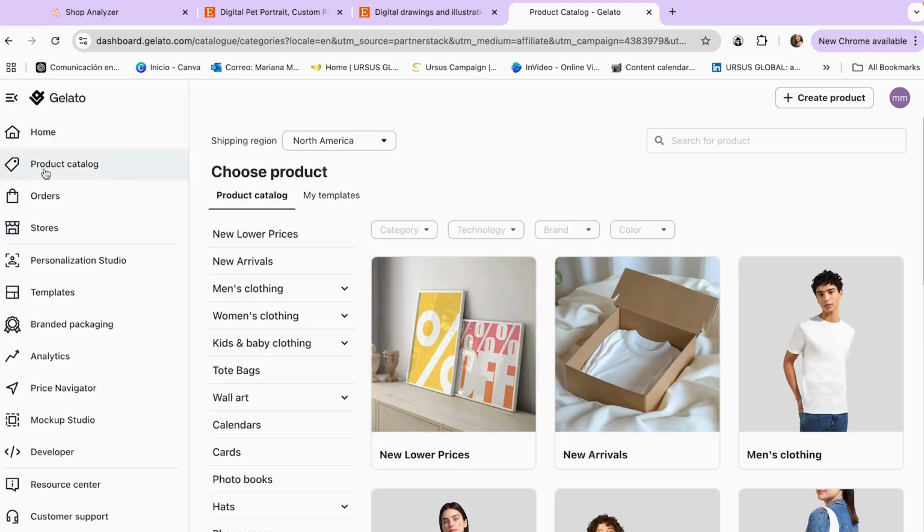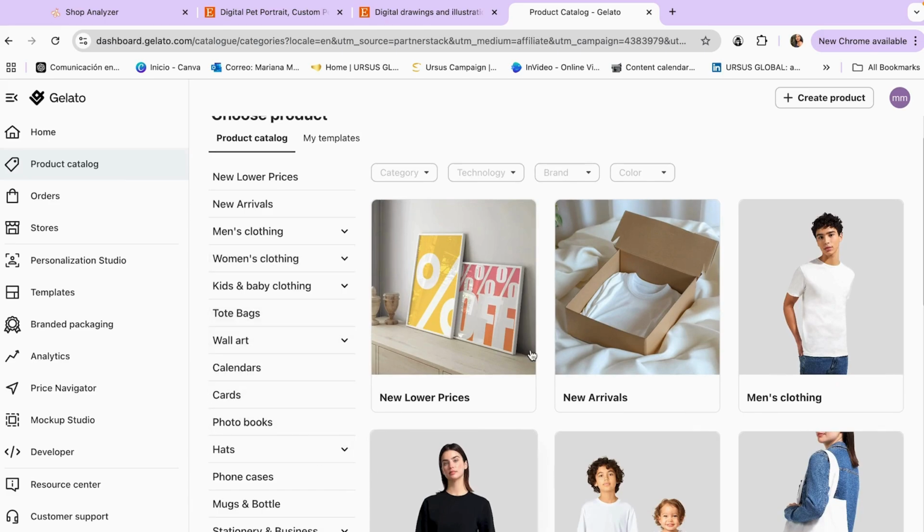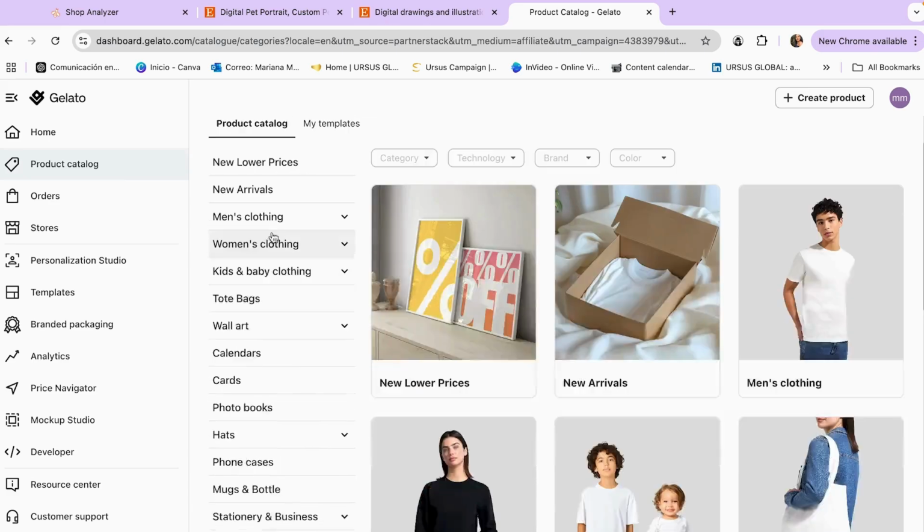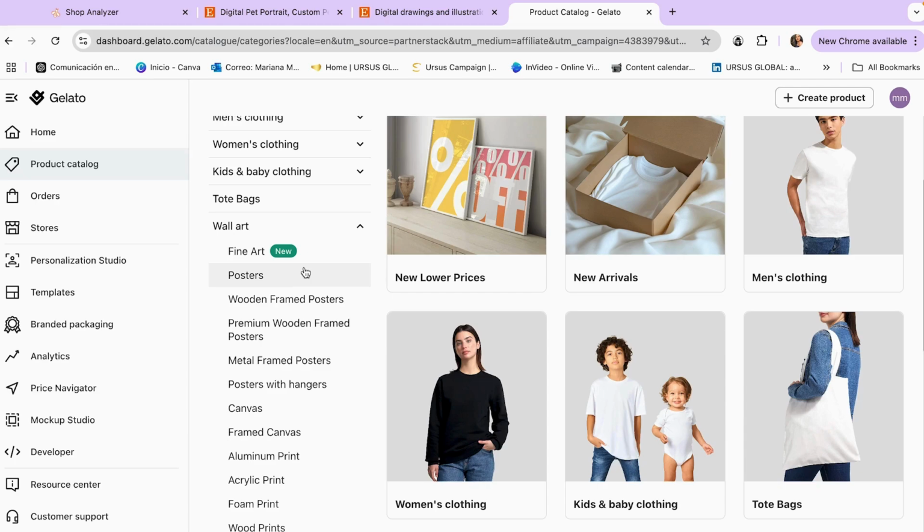And to do this, we're just gonna go to the section of product catalog. And over here, we can see all of the options that Gelato offers. We have men's clothing, women's clothing, baby and kids clothing. We have tote bags, and over here we have the section that I was looking for. We have wall art. So I'm just gonna open it, and within the category of wall art, you will find